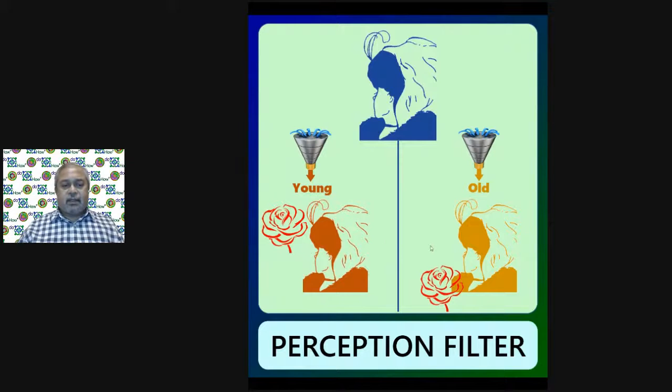So this difference is something which is very interesting. There's nothing right, nothing wrong. What is important to know is that one perceives in one way, the other one perceives in a different way. And to get this basic concept that each one can perceive things differently is something extremely important in human relationships. This is the core for understanding relationships and looking at it in a different way. See, somebody looking at a picture in a different way doesn't mean that he is good or he is bad. It only means that he has a different perspective.